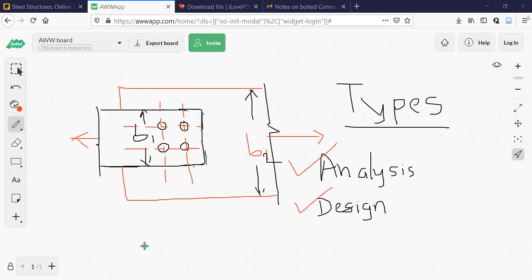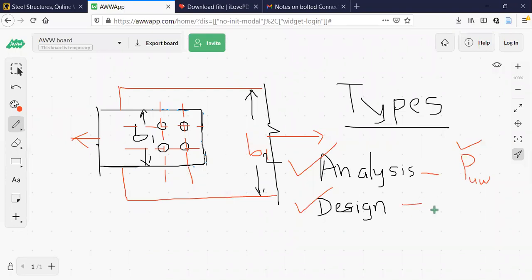Okay. So usually, for example, in case of welded connection, what was the analysis problem? In the analysis problem of welds, the length and size of the weld were given. We were finding the strength of the weld, calculating how much is the load carrying capacity. It is already a designed problem. Length as well as size of the weld was given. Using that, we used to find out the load carrying capacity of the welded joint.